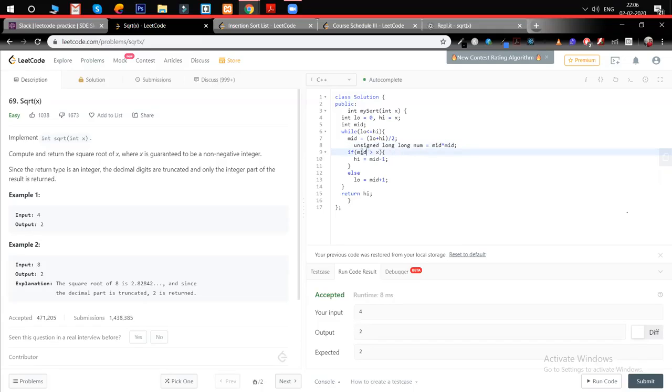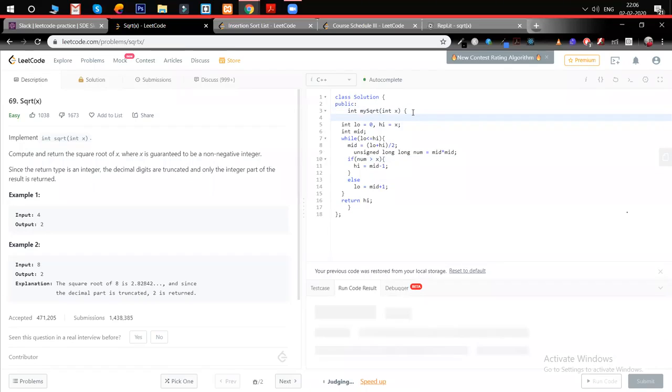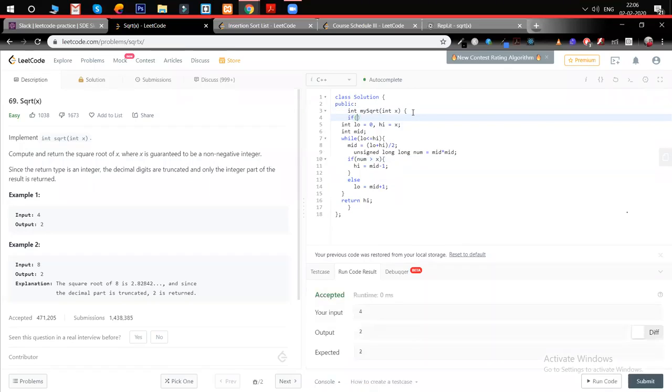So you did it with the same binary search approach, right? Yeah, binary search, because we shouldn't check for each integer. We just need to break it into two. Instead of low plus high, what I did is divide by two. So I will start with 8 by 2, that is 4. Then if 4 doesn't meet that, 4 by 2, likewise.